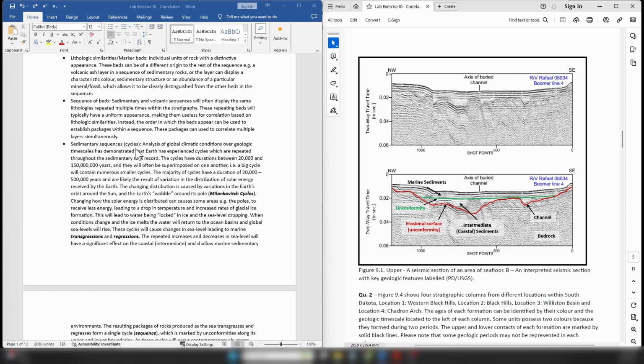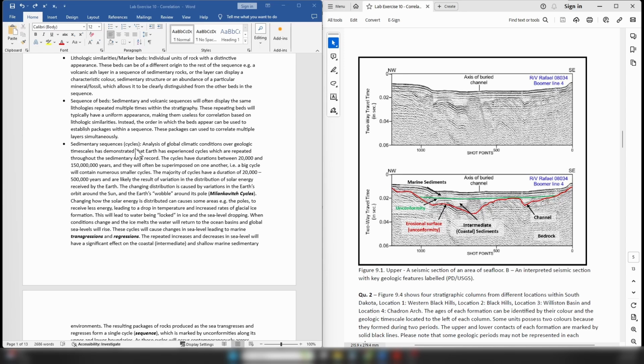These large glaciers will then start to lock up seawater, or more accurately, you'll lock up the water that's dropped as snow, which came from the evaporation of seawater. And this will steadily cause sea levels to drop. Eventually, variation in the Earth's wobble and in the Earth's orbit will cause the polar region to begin warming back up again as it receives more solar radiation, and that water will then exit, so the glacial ice will melt, and then it will return to the ocean basins, causing the sea level to rise. And so these variations caused by changes in the Earth's orbit and its wobble are often referred to as Milankovitch